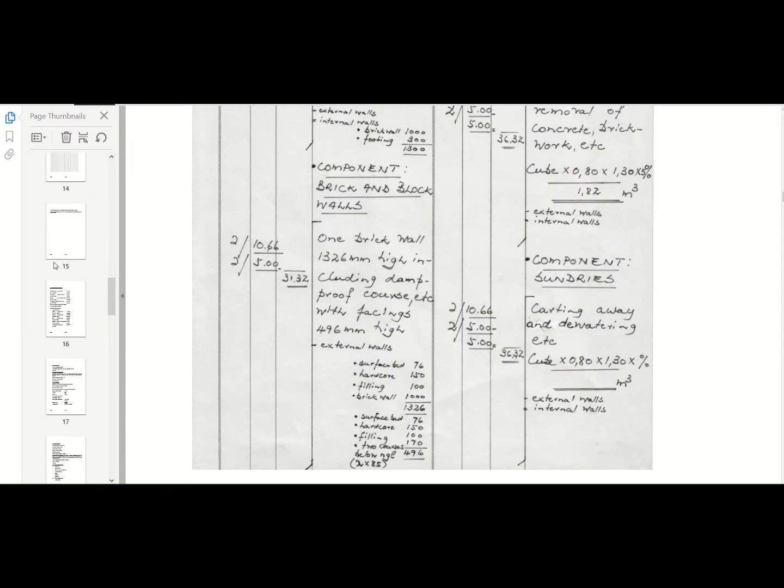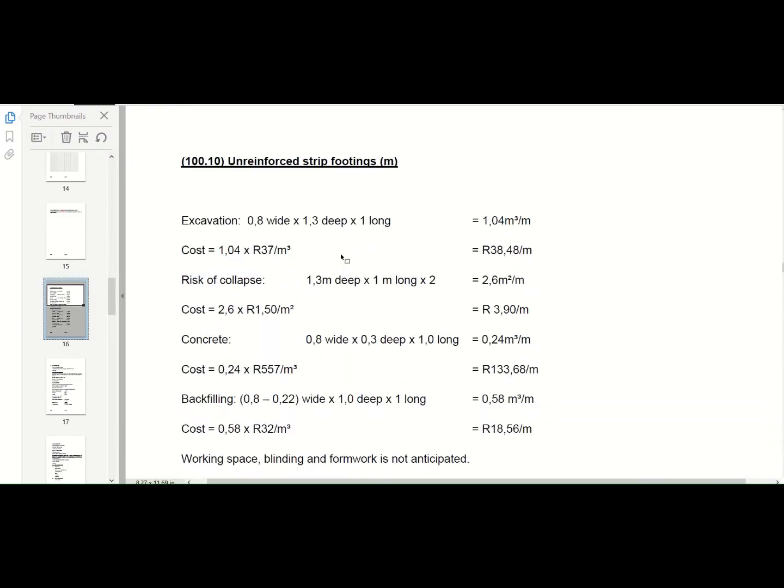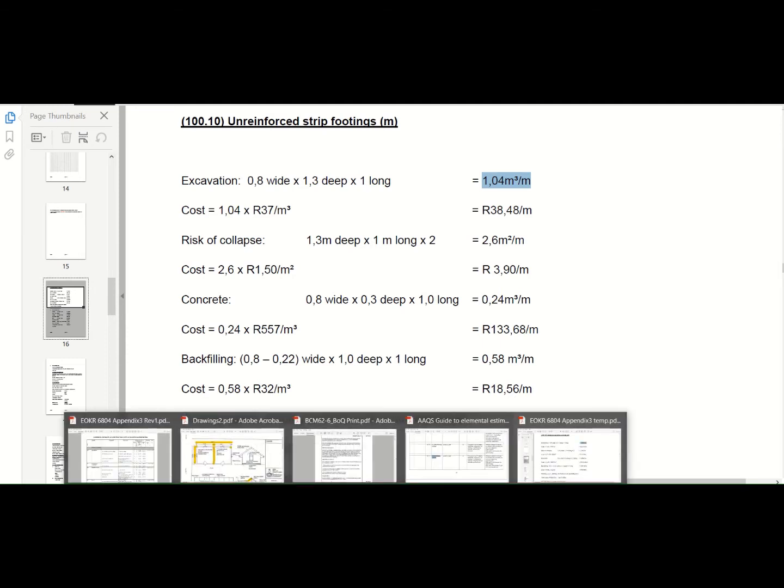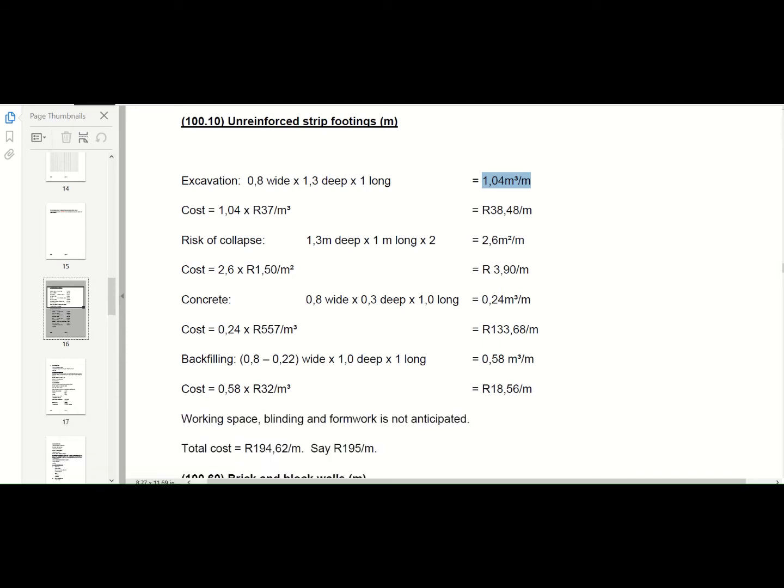Okay, here we go. So your unreinforced strip footing, so you have 800 millimeter wide by 1.3 meters deep by 1 meter long section. So you want to get it to a meter section. So you've got 1.04 cubes per meter that you need to allow for. So your normal cost for your excavations, which you will get from your bills of quantities. So let's go to our bills of quantities,